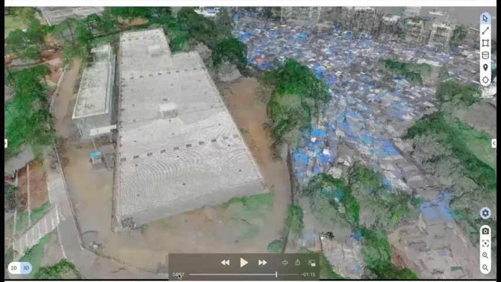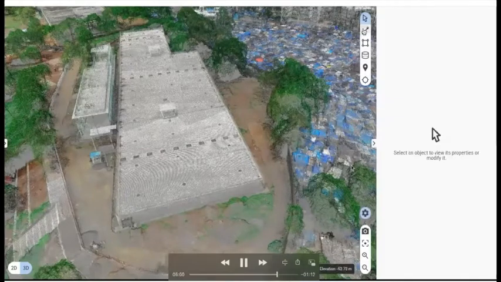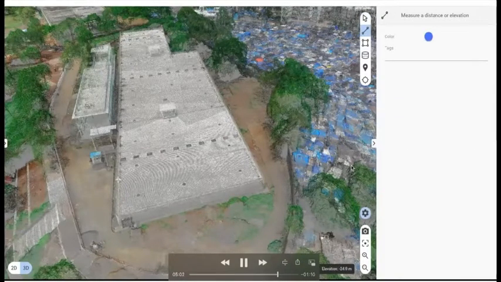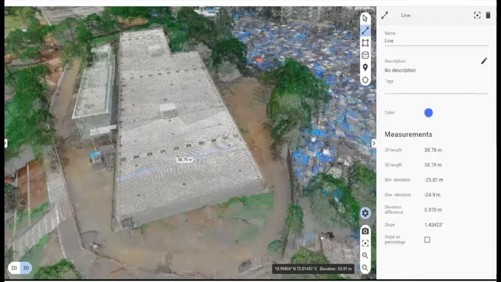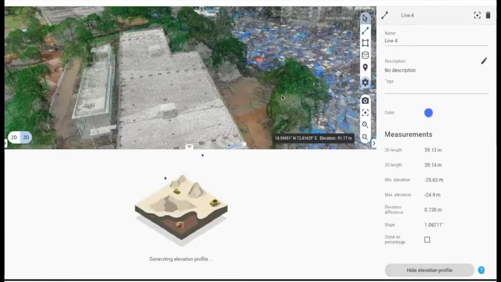Now, if we move to the next, this 3D model is not just for the view, but with this 3D model, you can actually do measurements as well. You can select two areas and then measure the distance between the two. On the right hand side, you can see all the stats coming up. Along with the measurement, you can also do a height measurement. Next, you will see how an elevation between two points can be measured.